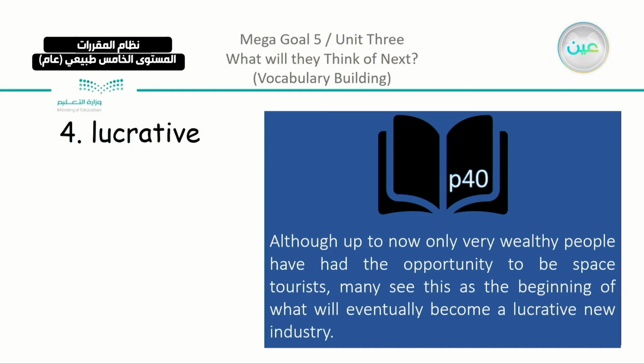So just imagine that your next vacation will be in space. The people who are working and the business companies that may make this happen, they think that it can be a lucrative new industry. So lucrative maybe